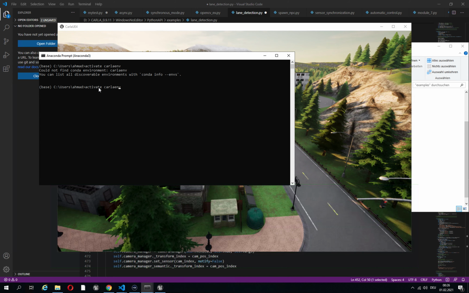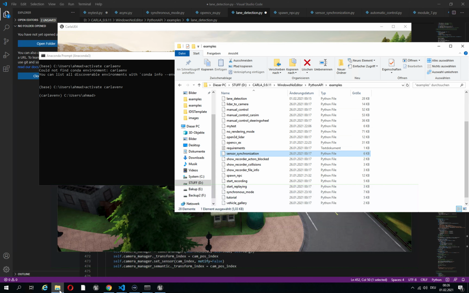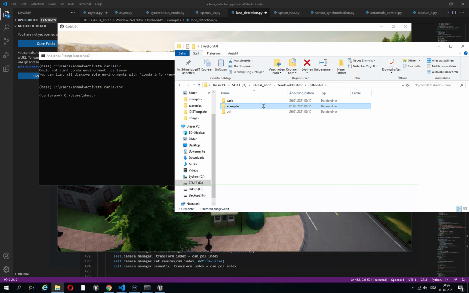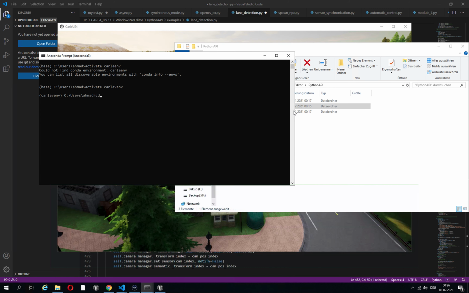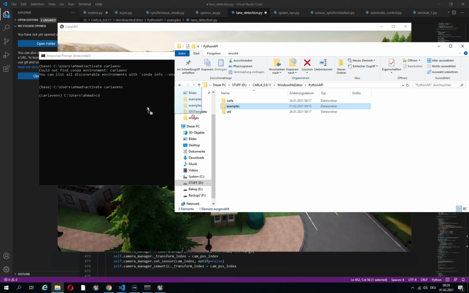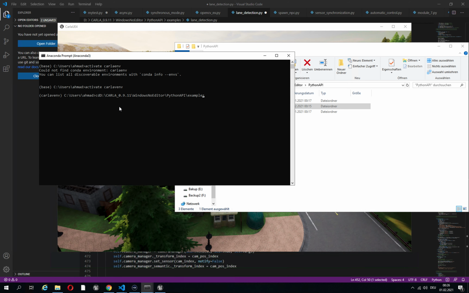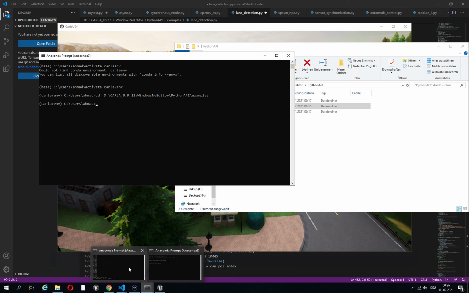Yeah, it was called Carla V environment. Then we need to go there. So now we have 2 windows that we can use to communicate